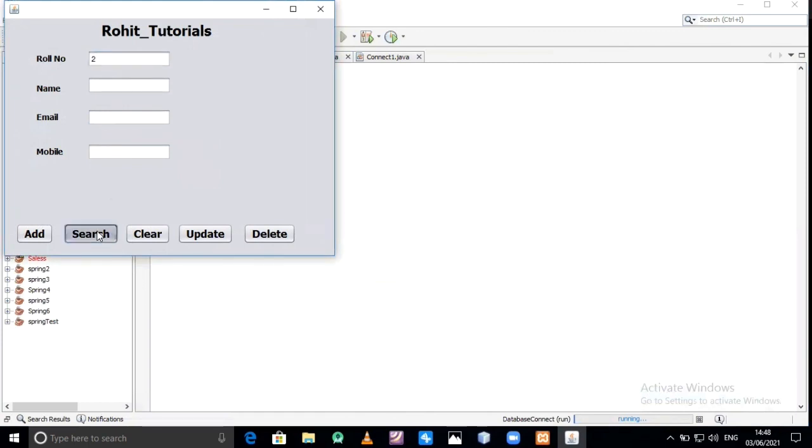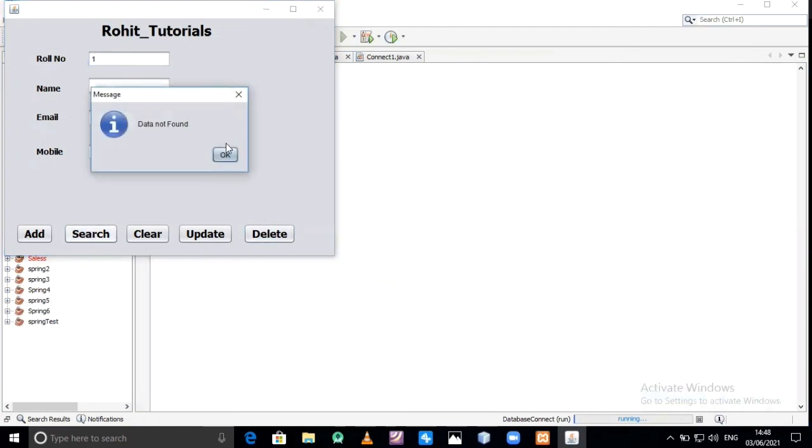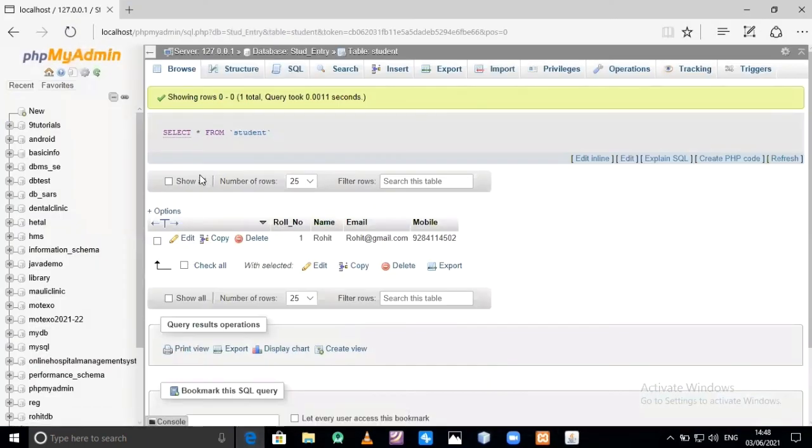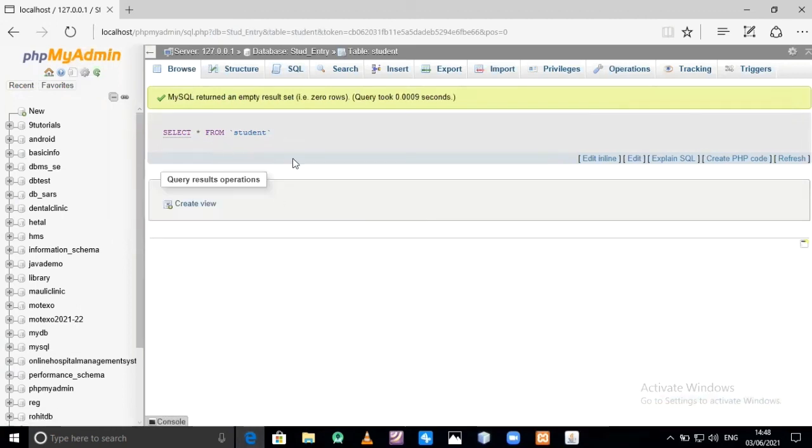Suppose 2 is available, delete the record, record deleted successfully. Now is 1 available or not? No. Is 2 available or not? No. So just we will check whether our database table is empty or not. Just browse, all the information is deleted from the table.